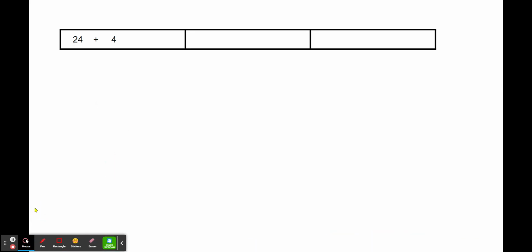All right, let's go ahead and take a look at this strip diagram. So up here, I have a strip diagram, which is 24 plus 4. Right? Now, each of my portions of the strip diagram are the same. So that would mean this one is 24 plus 4, and this one is 24 plus 4. So if we were to find the sum of all three of these, if we were to combine them all together, we have 24 plus 4, which is going to be 28,